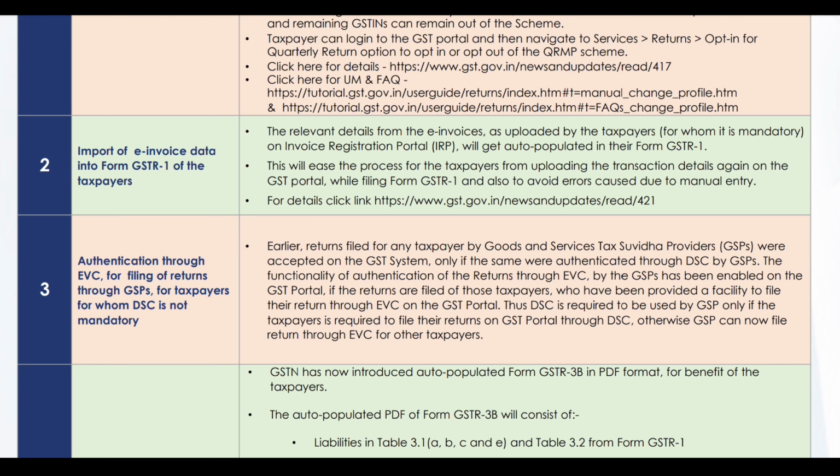As most of you know, from October 1st, 2020, e-invoicing was already started for taxpayers with aggregate turnover above 500 crores. So from then, while registering under e-invoice, the e-invoice portal is sending all e-invoices to the GST portal, which was showing in GSTR1 B2B or respective tables in the GST portal. So whatever invoices are registered or uploaded in the e-invoice portal, the same was showing in GSTR 1.